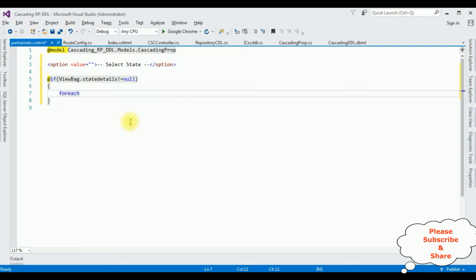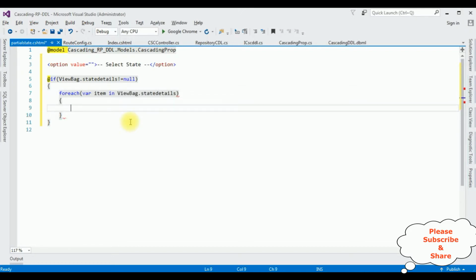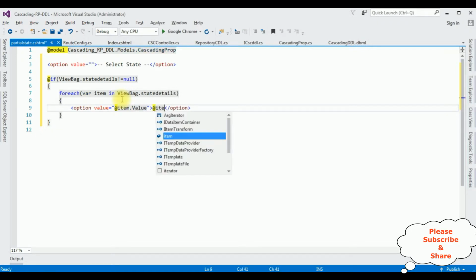For each variable item in ViewBag.StateDetails, and here I'm adding the option value. Option value is equal to at item dot Value, at item dot Text. That's it, we have done the coding part to fetch the state names of this selected